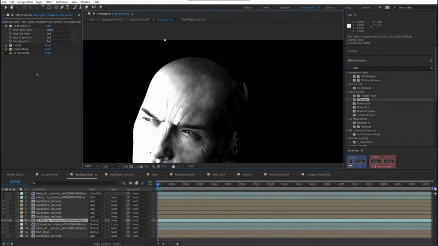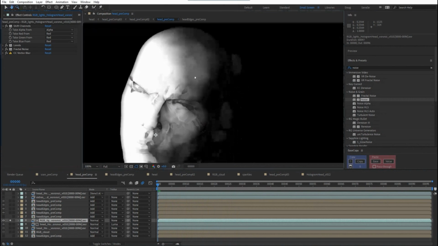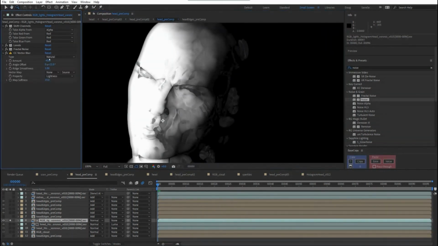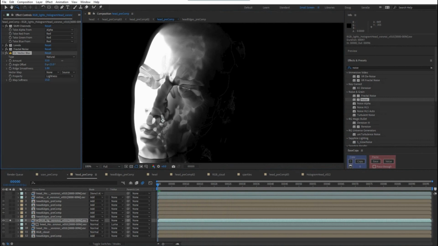Then adding fractal noise to that. Without that, you get a very smooth fall off. Once we add that fractal noise, now it starts to break it up a little bit. And then the thing that's getting us the bulk of that look is our CC vector blur. And if you've never used CC vector blur, it's really fun to play with. There's a lot of stuff you can do. I've used this before to create sort of smoky looks using fractal noise. You can create kind of glassy, caustic looks. It's really, really interesting, and there's a lot of fun settings in here. So, I recommend playing with this if you get the chance.